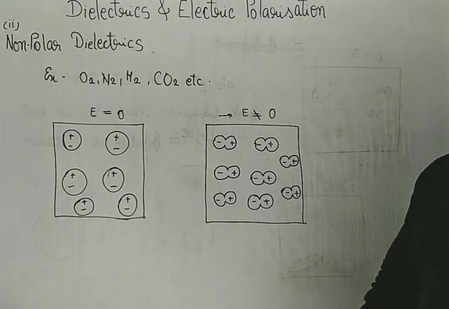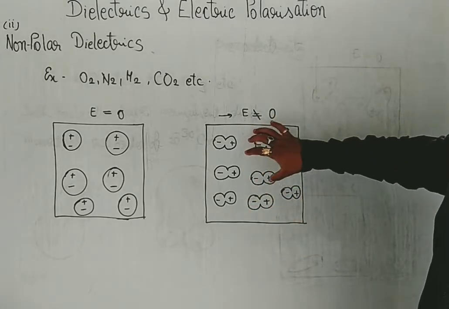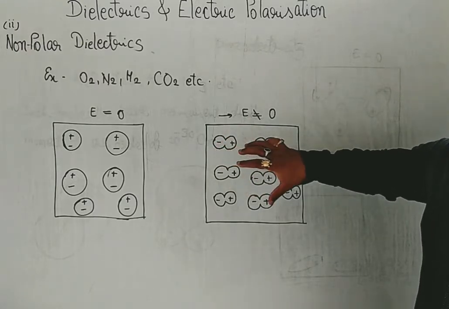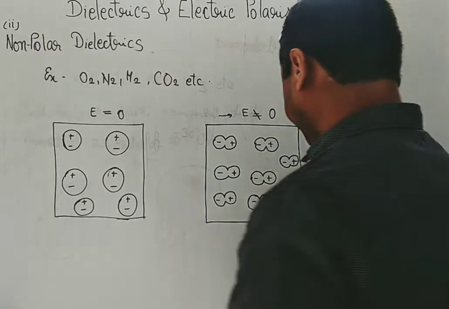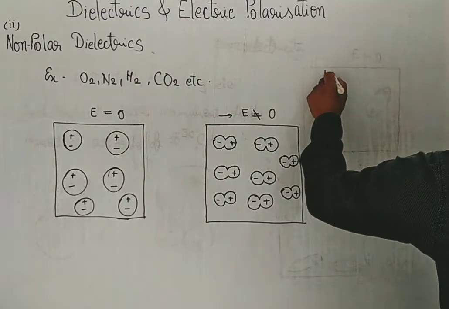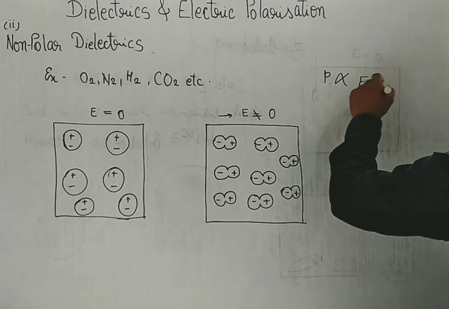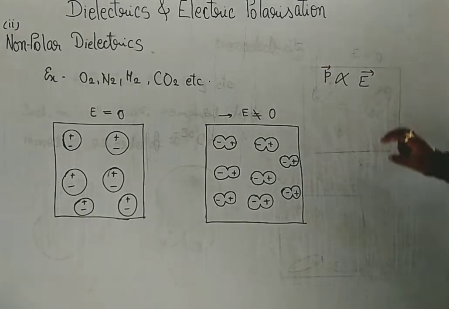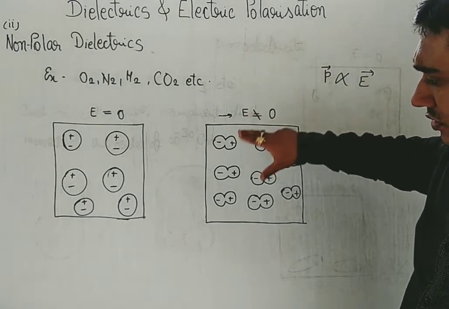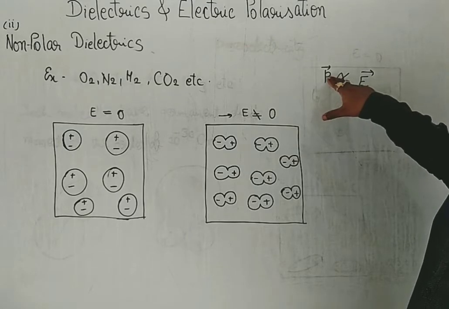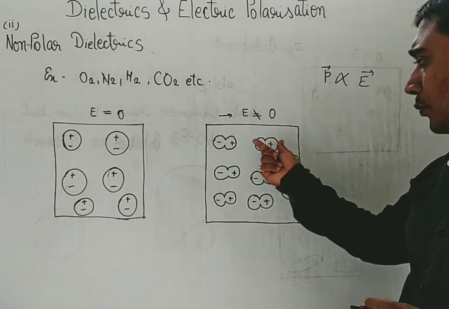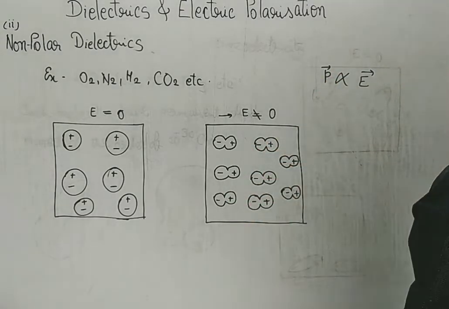along the direction of the external electric field, and this process of separation of centers of gravity of positive and negative charges is called polarization. Now, as can be seen, the polarization is directly proportional to the external applied electric field, meaning the stronger the external field applied, the stronger the strength of the polarization process within the